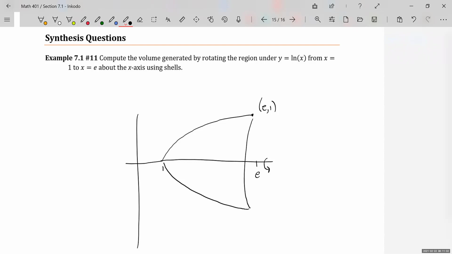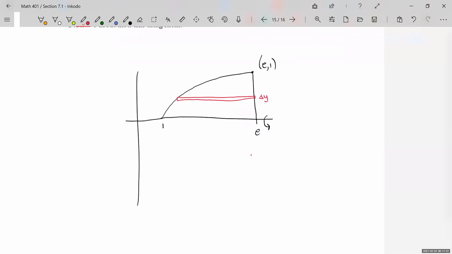Looks like this. Okay. But they're forcing our hand. They're telling us that we have to use shells. So if I'm going to use shells and I'm rotating about the x-axis, visually I know I'm doing horizontal slices here of thickness delta y. And the volume of that shell when it rotates around,